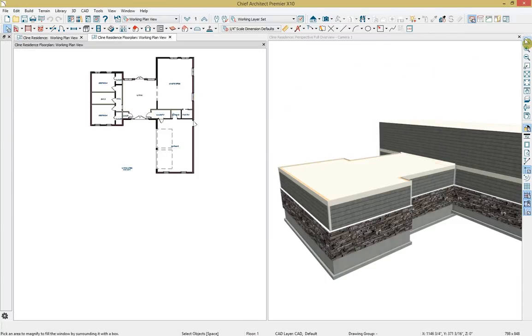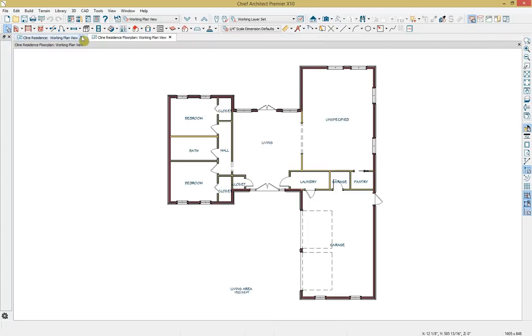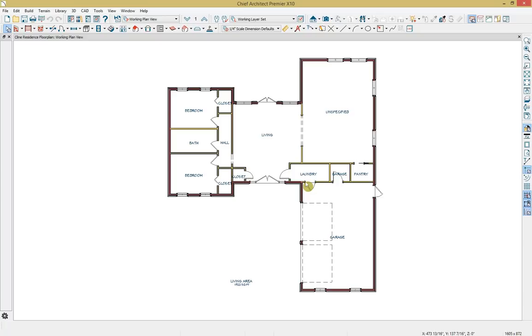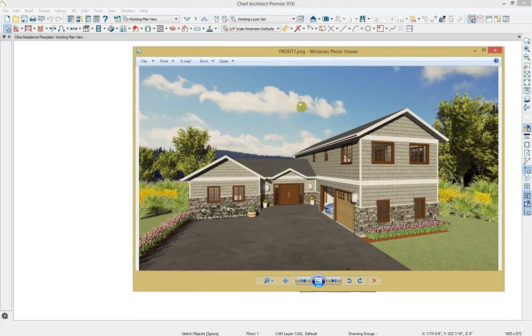And we're going to close our 3D view, close the other file we were working with, and move on to adding a roof onto our design. If we take a look at a photo of the final design, we can see that we have two separate roof systems, one going over the second story of the house and the other going over the first story of the house, and we're going to model this using a combination of the automatic and the manual roof features in